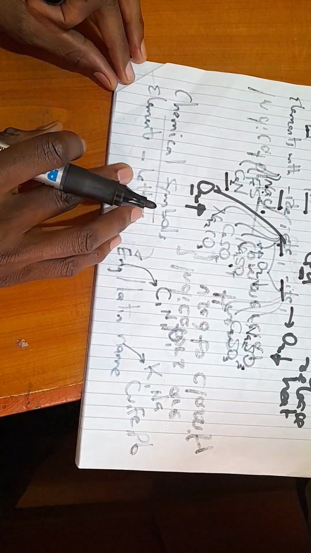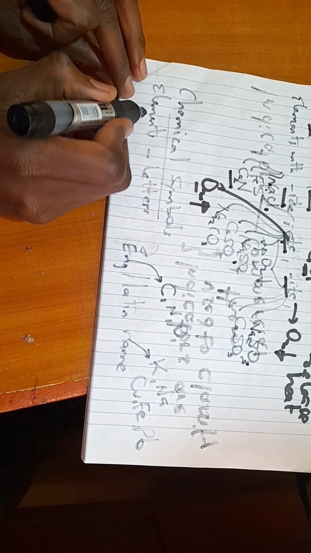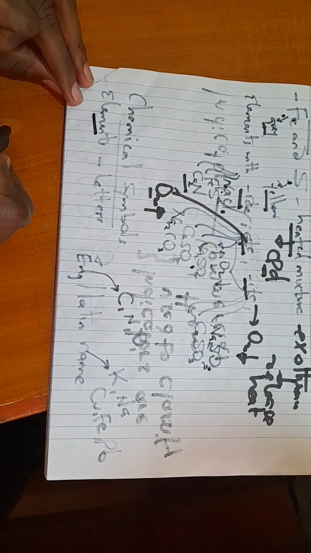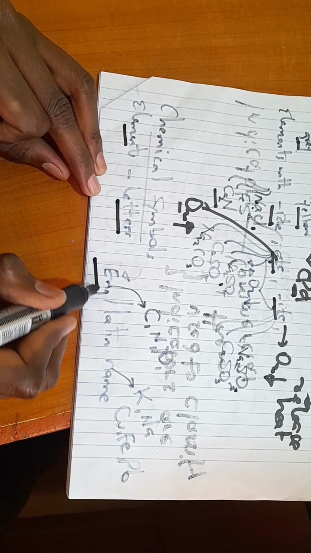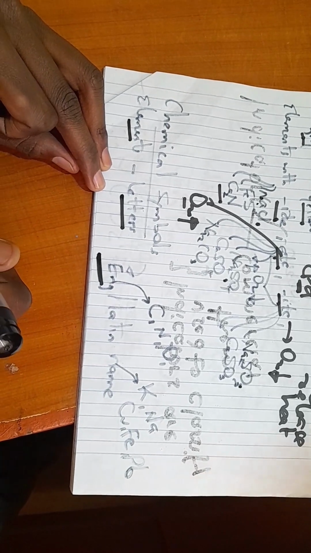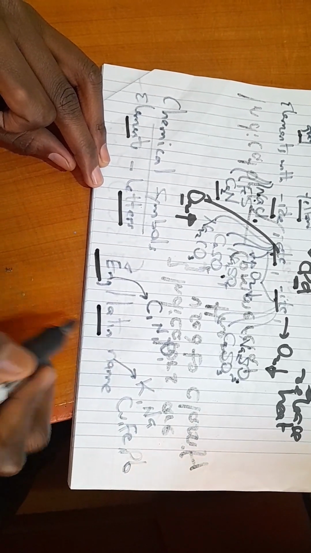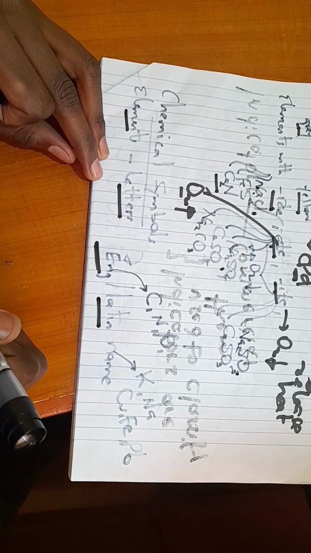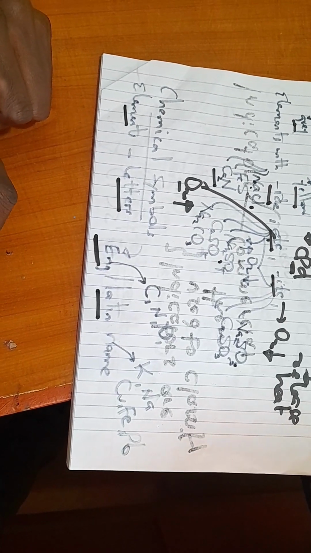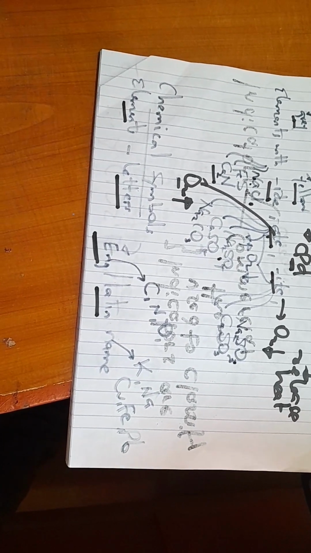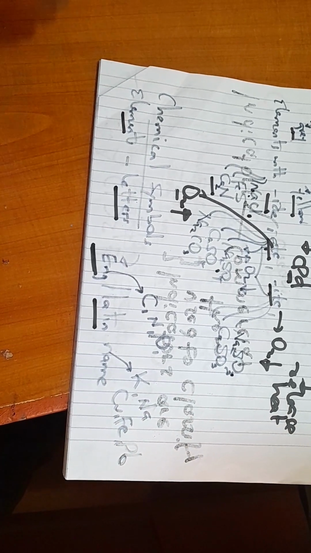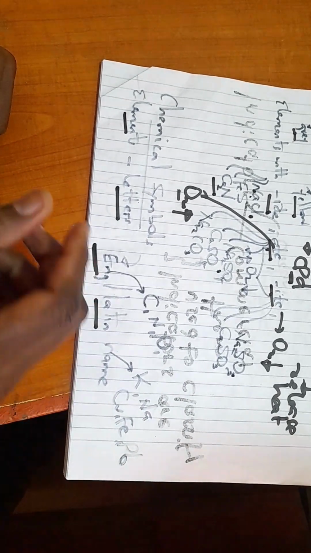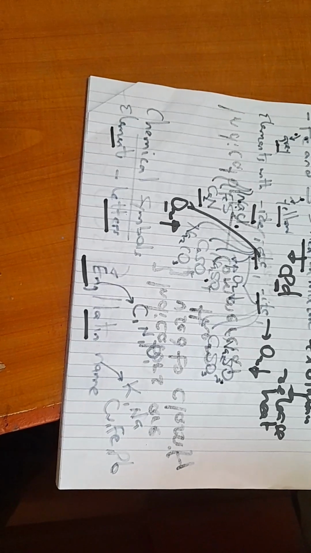Now, in the chemical symbols, you need to understand one thing. Elements can be represented using symbols. Those symbols are letters. They can be in English, like the English in your school. We can also have Latin, but are you being taught Latin in school? No, but I can show you in this class. For example, the Latin name for potassium is kalium. The Latin name for sodium is natrium. That of copper is cuprium, and so on.